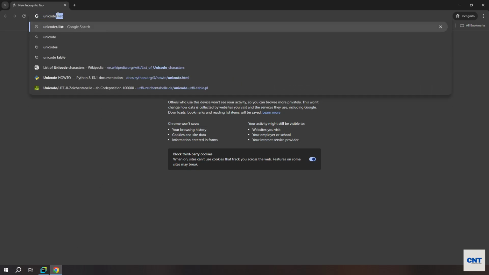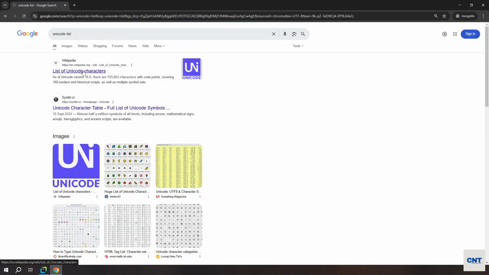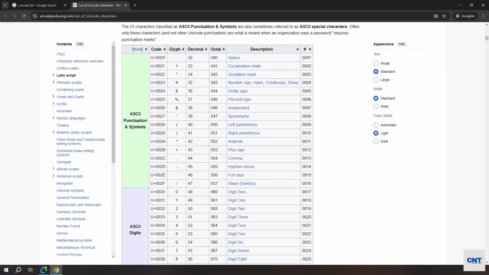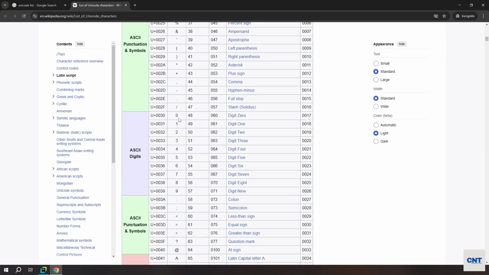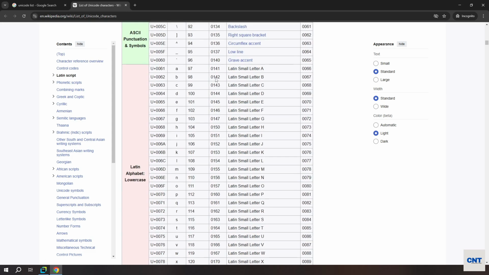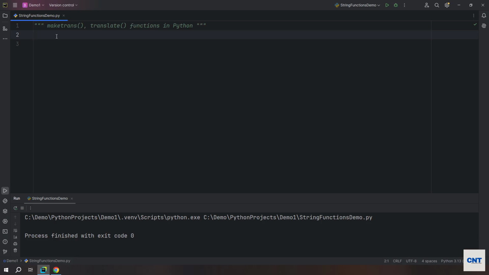If you type in Unicode list, you will get a first link on Wikipedia. On this link, if you see, we have ASCII punctuation and symbols. If we want to represent the dollar symbol, then its decimal value would be 36, and this is the Unicode value for the dollar character. In the same way we have 0 to 9 characters, Latin capital letters, and then Latin small letters. When the translation table is created by the maketrans function, the translate method takes the translation table to replace or translate characters